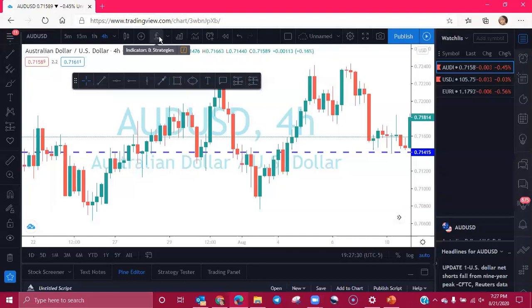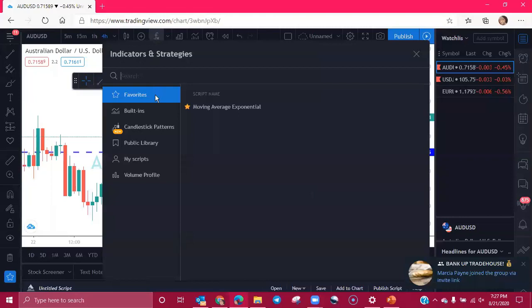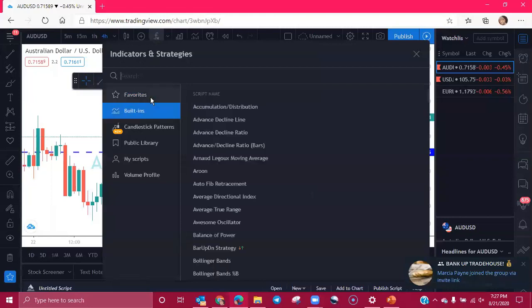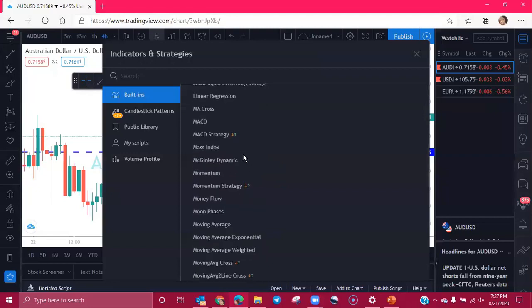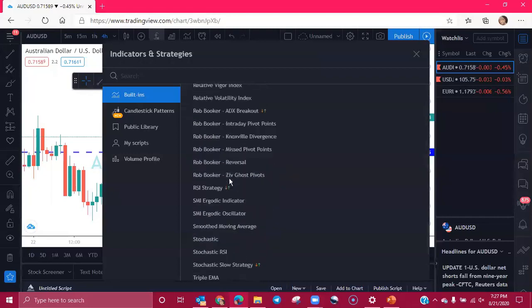This next section is the indicators and strategies, the FX button. That's your indicators and strategies. So let's go ahead and click on that. I'm going to take this out of my favorites so you can't see that. When you click on that, it will go to your built-ins. These are all the indicators that TradingView has to offer.